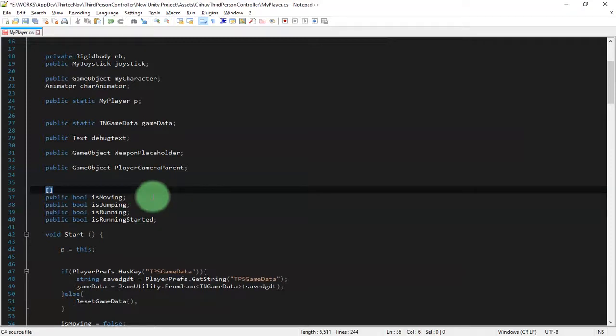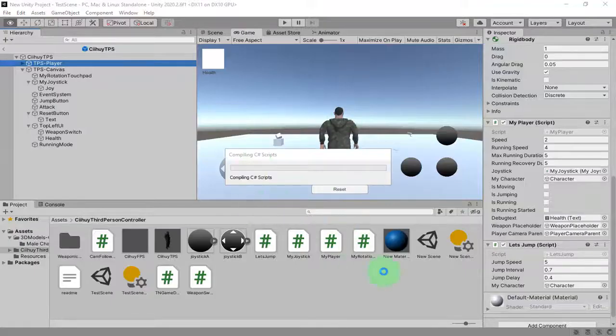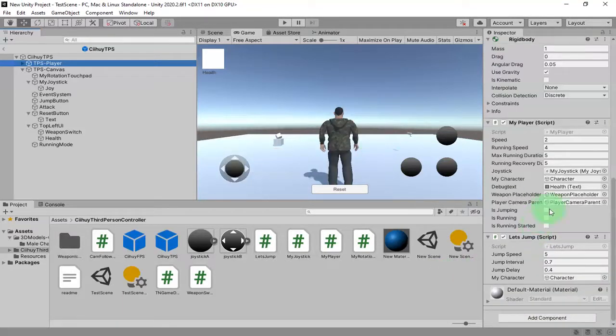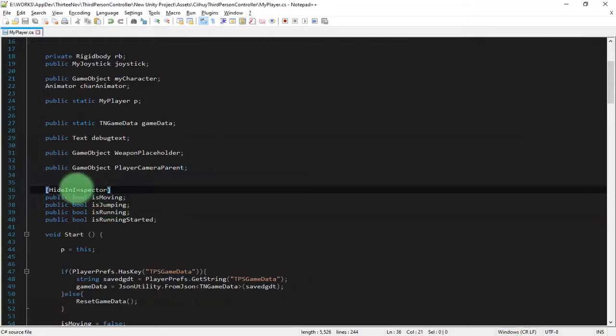If I'm correct, the way to hide it is to type hide in inspector. Let me check. They are still visible, so it was not correct.